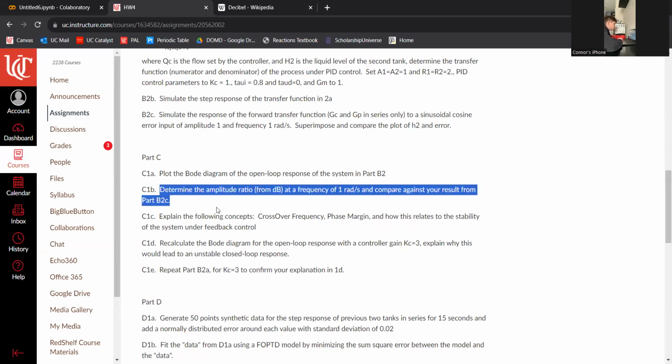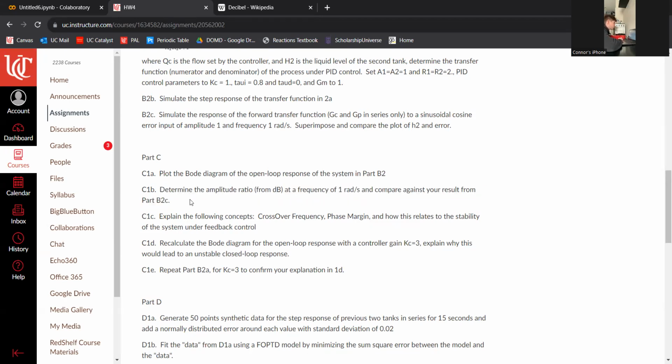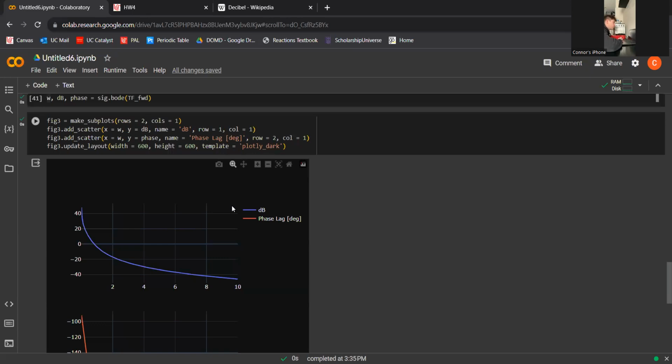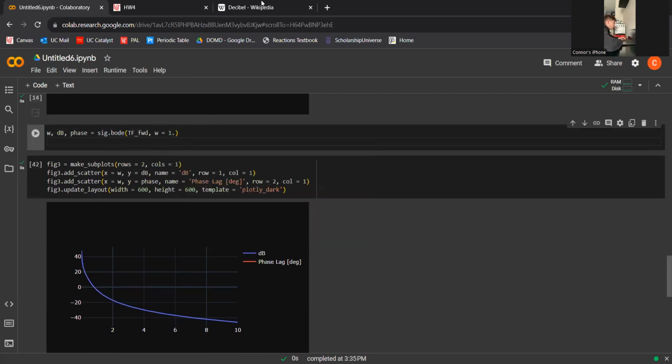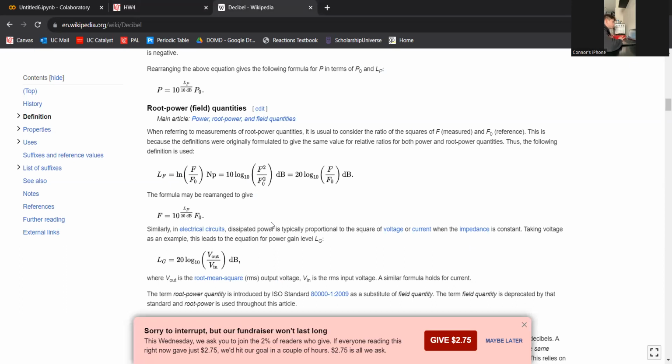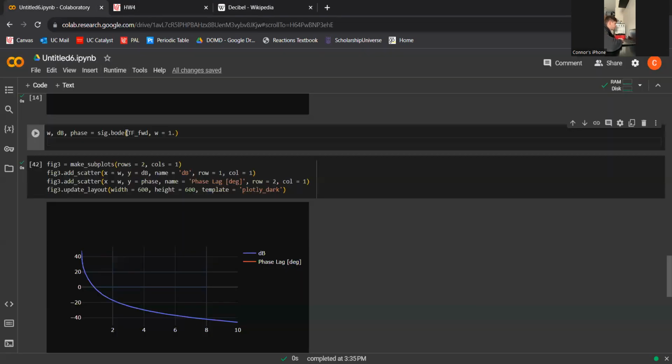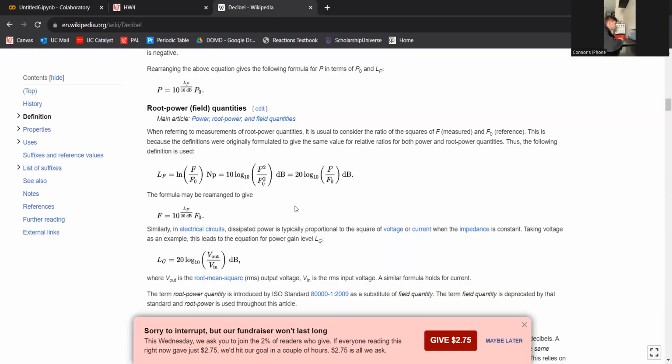For part B, we want to determine the amplitude ratio from a given frequency of 1 radian per second. And then we're going to compare from our graph above from part B. So to go back to this here, as you can see, we can input a frequency here. So we want to say that our frequency is 1. And then if we look at what is being calculated for the decibels,